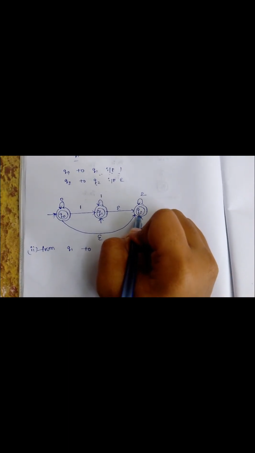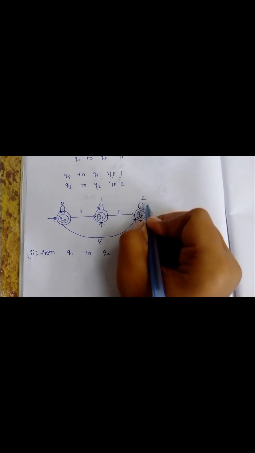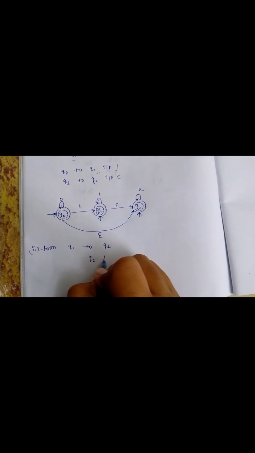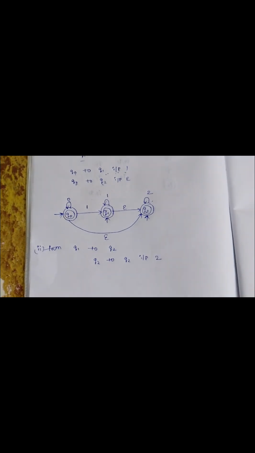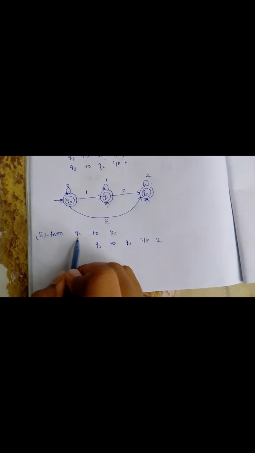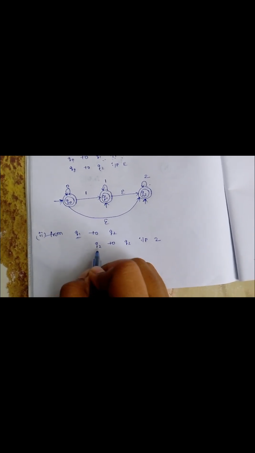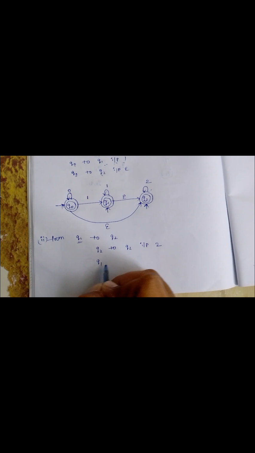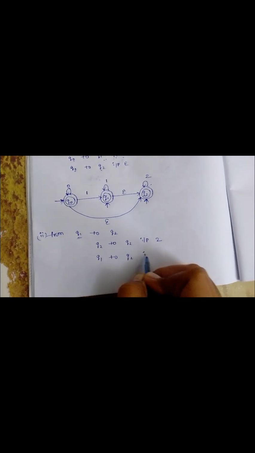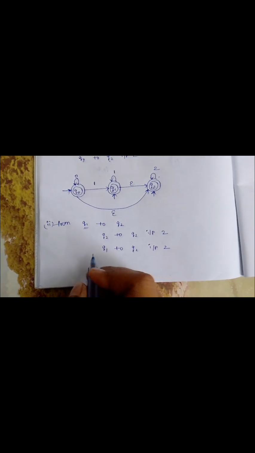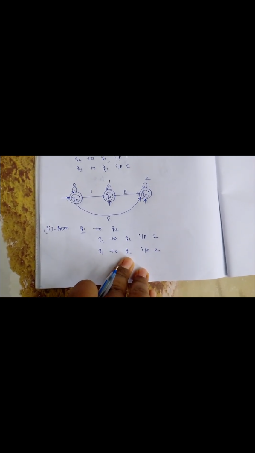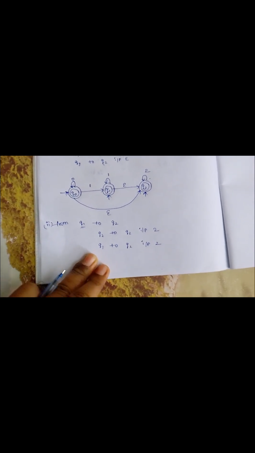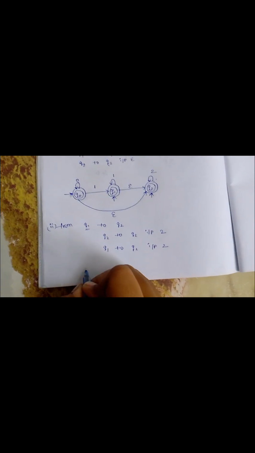Q2 with input 2. Q2 to Q2 with input 2. So here Q1 is duplicated, so we replace in Q2 with Q1. So Q1 to Q2 with input 2. So now here Q1 is final state and Q2 also final state. Q2 is initial state and Q1 also initial state. So now finite automata is